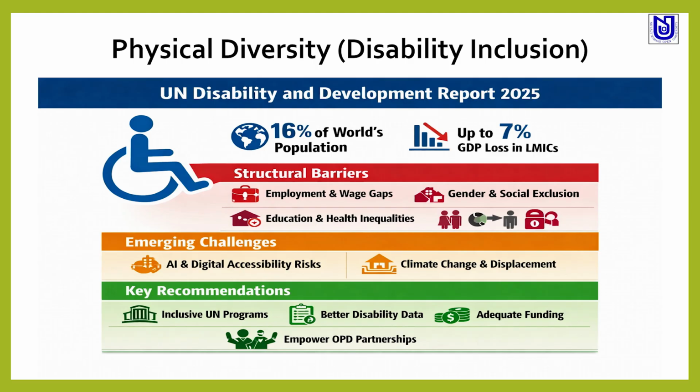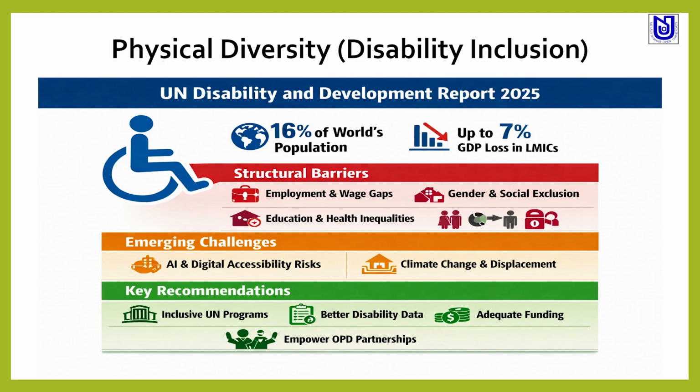And it clearly shows a risk of digital exclusion in AI and technology, and disproportionate impact of climate change, displacement and other changes. Now we have to ensure adequate funding and strengthen partnership with the organizations of persons with disabilities,